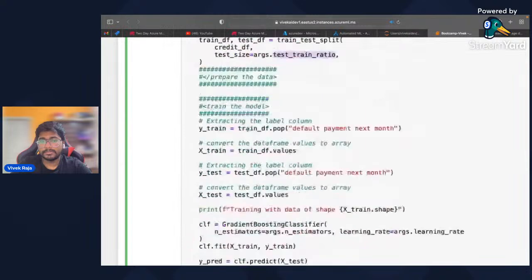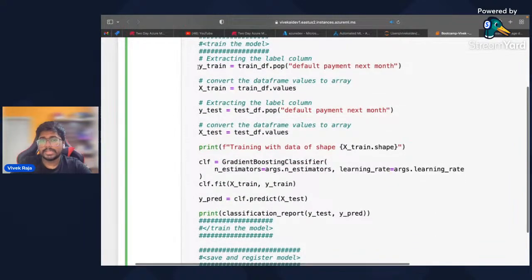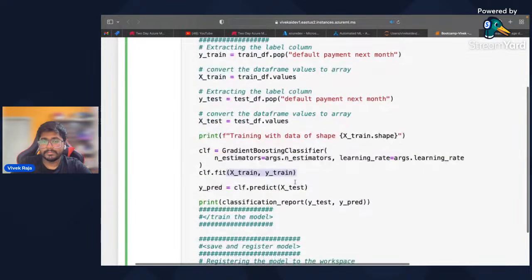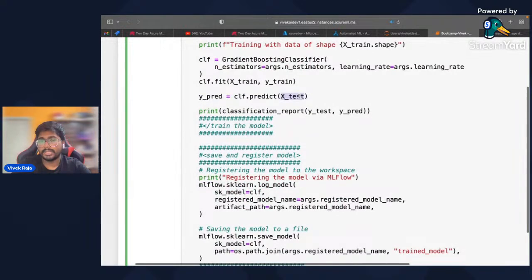So preparation we have written. The next is training. We need to create X train, Y train, X test and Y test. That's a conventional way of doing machine learning, right? Then you pick a machine learning model and you fit and train on it. I'm passing one of the hyperparameters as n underscore estimators. Learning rate I have passed from the arguments. Then I'm fitting the X train, Y train, and I'm going to test and see how my prediction works. I'm going to give my test data and see the prediction, and I'm going to print the class.